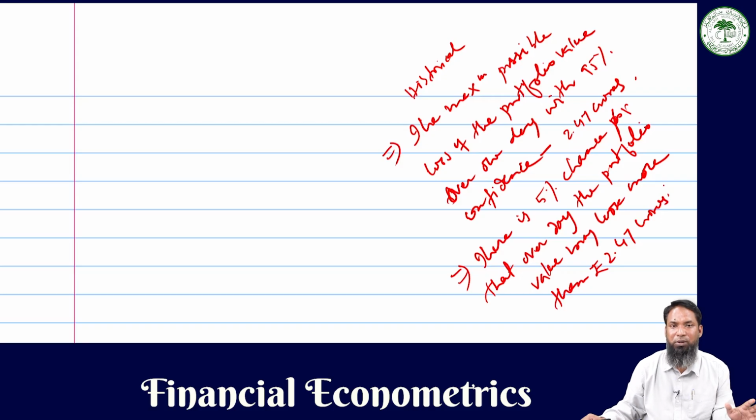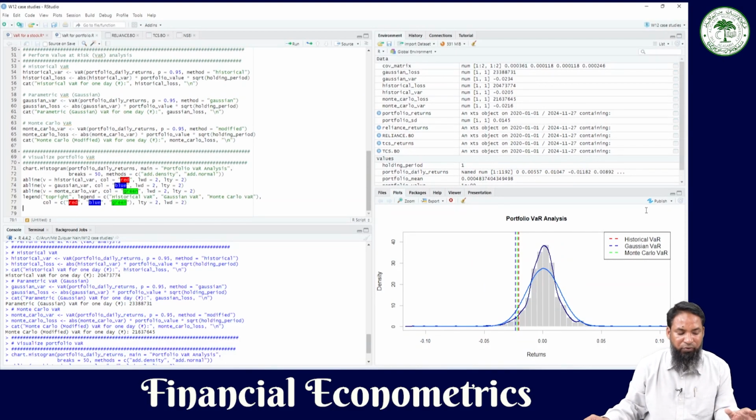In the portfolio, we have taken the two stocks. So that's how we conduct the value at risk using the three different approaches, whether for the stock returns or for the portfolio. In this specific example, the portfolio is the combination of the two stock prices. So that's all for today's lecture, and